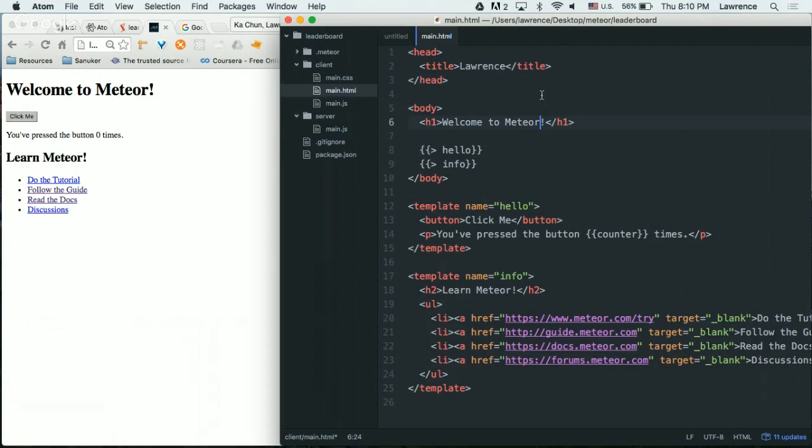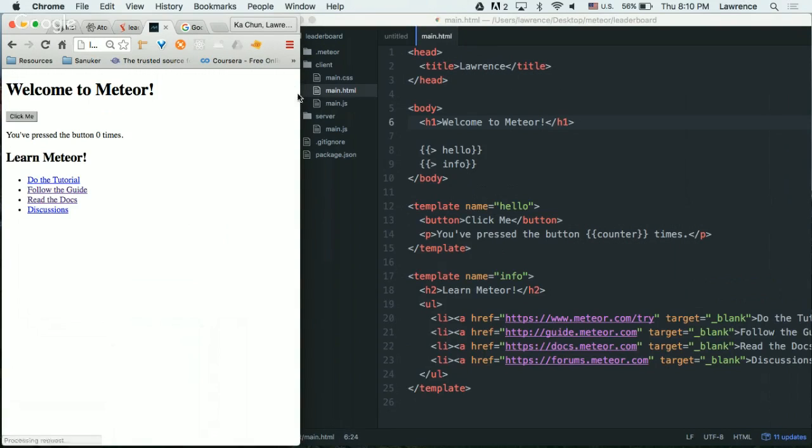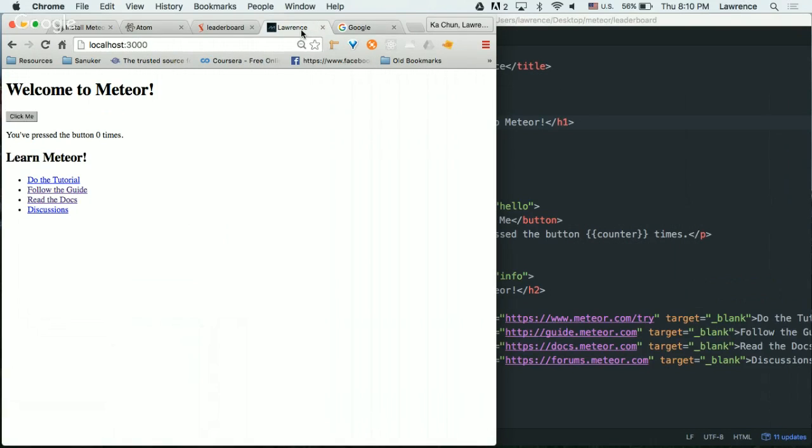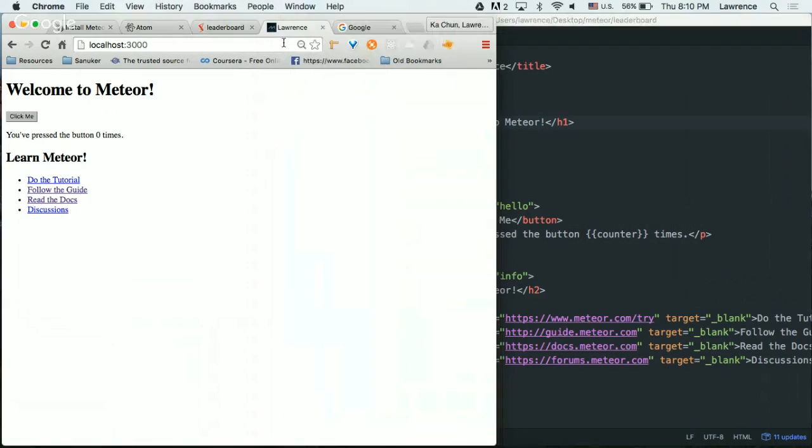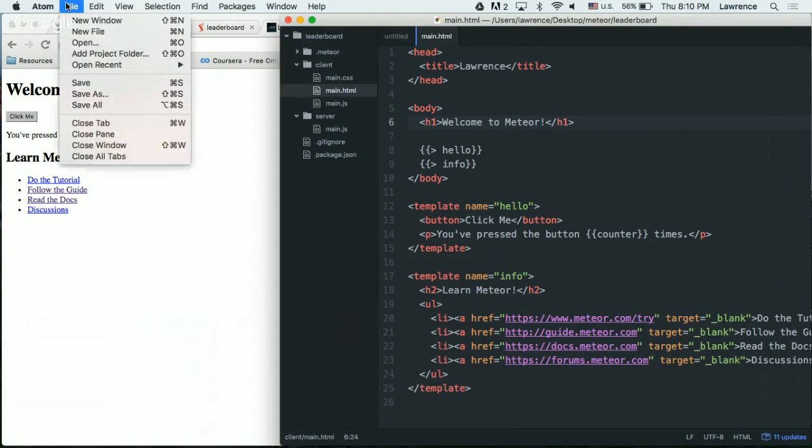Okay. So when you save it, does anything change? Seems no. Okay, but if you go into the tab, you should see it becomes Lawrence, or the word that you just typed in. Remember to save, right? So what happened here is you just changed the title. The title actually represents the tab name here. If you do not know the shortcuts, you can just go to File and then Save. Same thing.